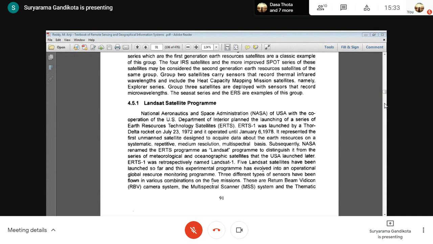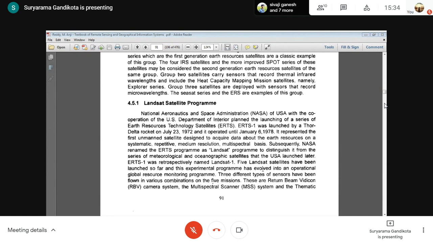ERTS-1 was launched by a Thor Delta rocket on July 23rd, 1972, and it operated until January 6, 1978. It represented the first unmanned satellite designed to acquire data about the Earth's resources on a systematic, repetitive, medium resolution